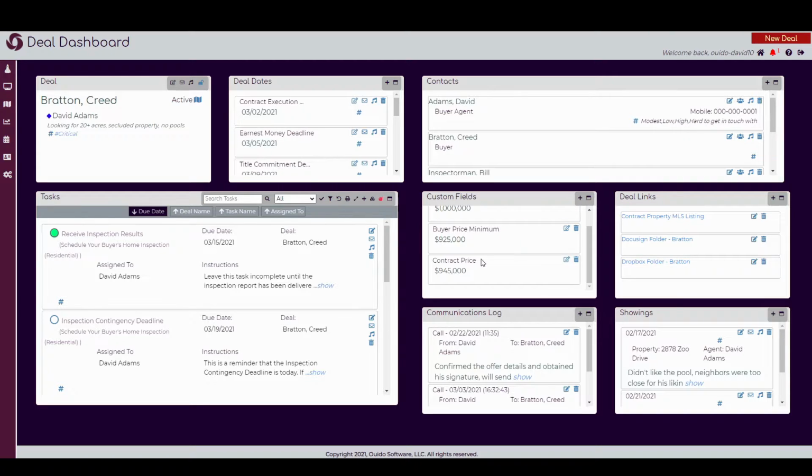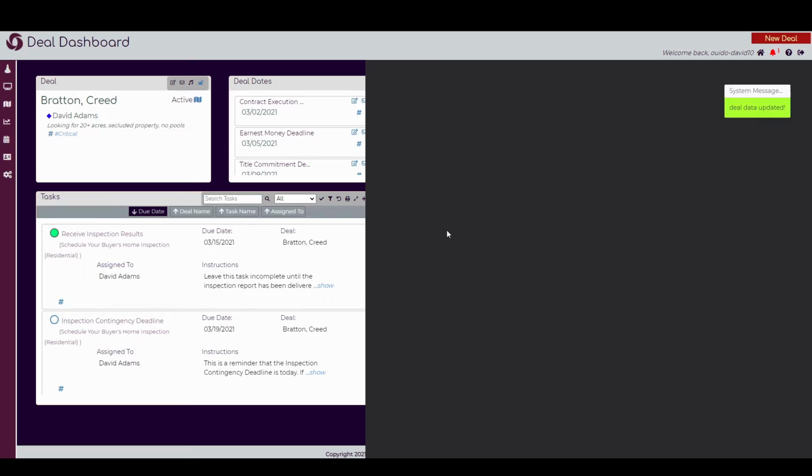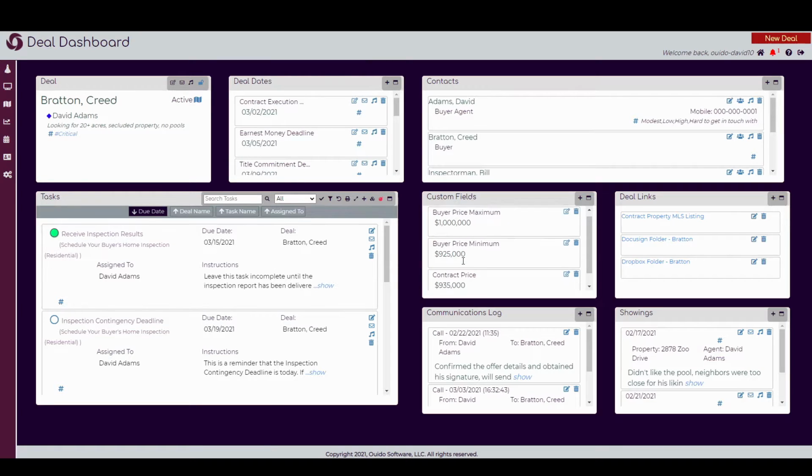So now that we've demystified where these seemingly random data fields come from, let's talk about how we can actually manage these things. So first of all, if I want to update the information in any of these existing data fields, all I have to do is click on my edit icon, and this will allow me to actually update all of these fields at the same time. So if I want to change my contract price, maybe we went down due to, I don't know, some inspection stuff, we can go ahead and enter that change here and hit save,